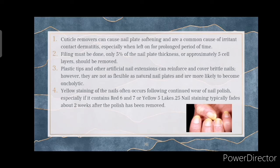However, they are not as flexible as natural nail plates and are more likely to become onycholytic. Onycholysis, for example, is when the nail plate separates from the nail bed, which follows a mechanical trauma, especially with long nails. Then last, yellow staining of the nails often occurs following continued wear of nail polish,